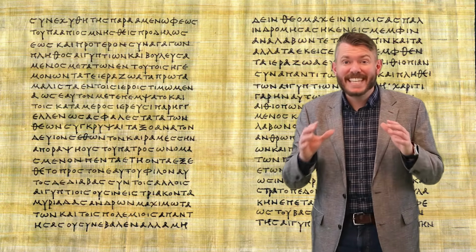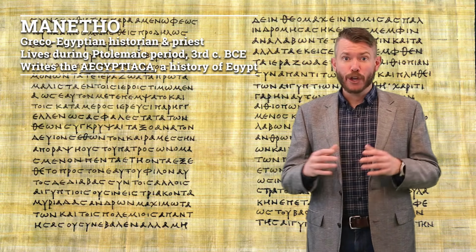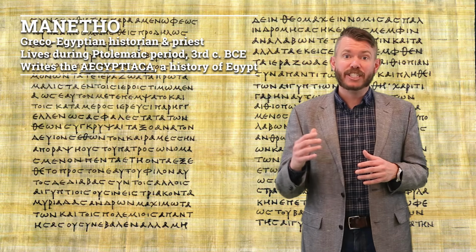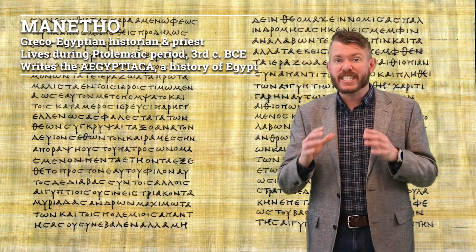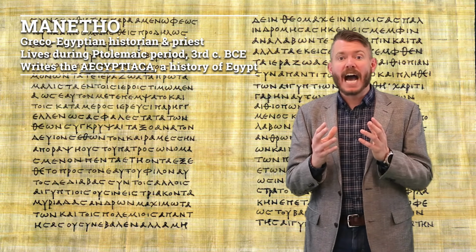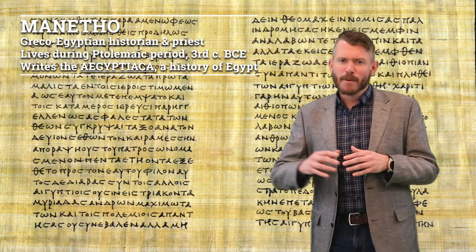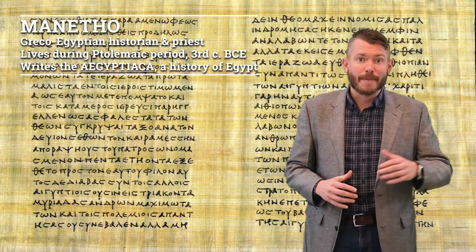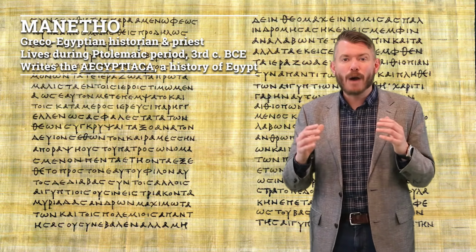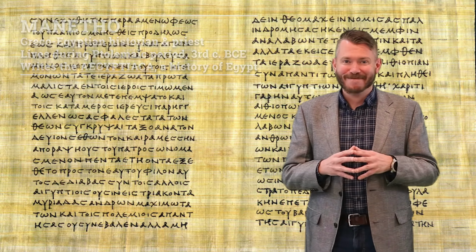The most important of these texts comes from a guy named Manetho. Now, Manetho was an interesting dude. He was an Egyptian priest living during the Ptolemaic period, when the Greeks ruled Egypt, starting around the 3rd century BCE. During this time, Manetho composed something called the Egyptiaca, our most complete ancient history of Egypt from its earliest days all the way up to the Ptolemaic period. So his history of Egypt covered nearly 3,000 years. So just be glad that I'm not forcing you to write an essay that long.